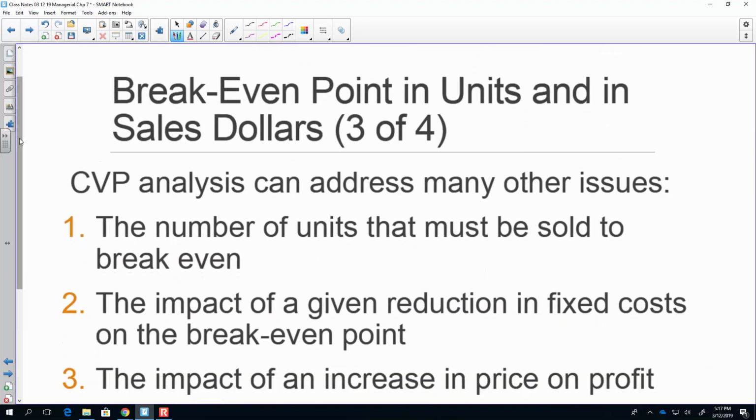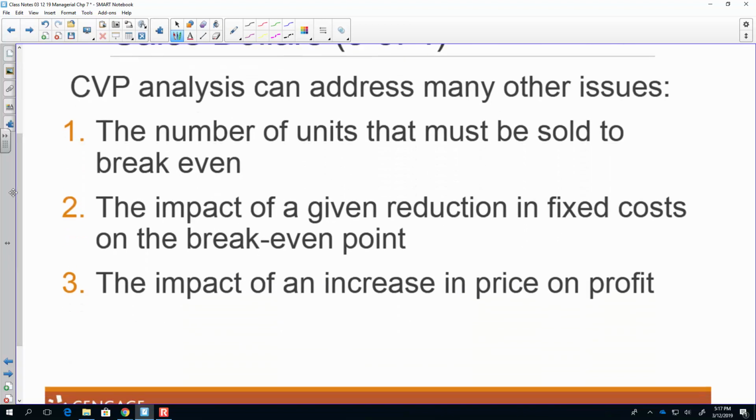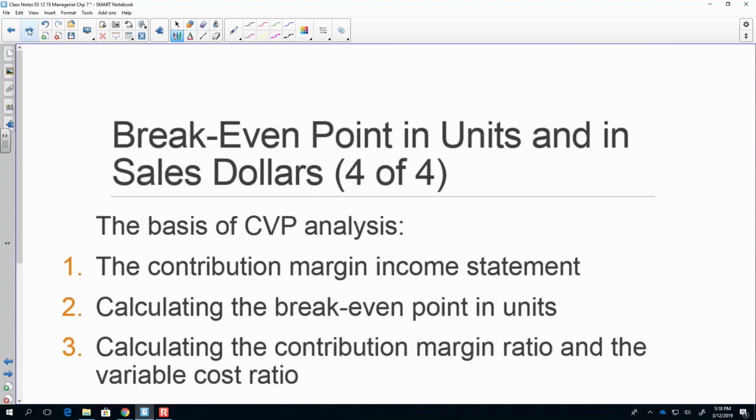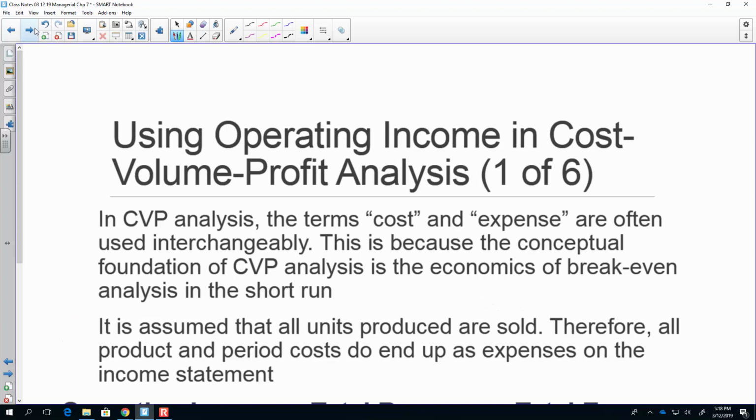So what do we need to determine it? And why do we have to determine it? So this cost volume profit analysis is helping us to determine the units that must be sold and also help us to better manage our company. What impact does it have on our company if we don't hit that sales volume, right? We need to be able to determine that. Where can we increase our profit or price? What can we do to help that situation? So if we go to our first computation,